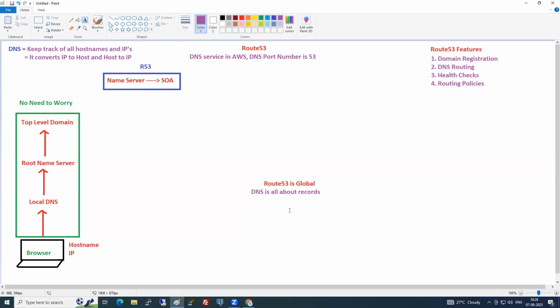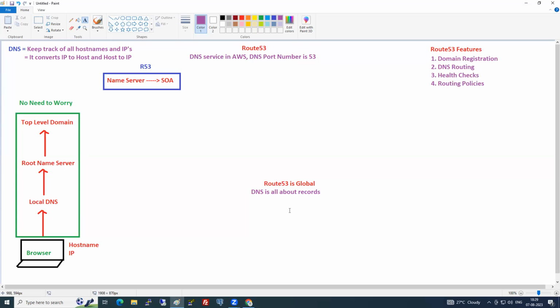In Route 53, the first thing that you have to create is a hosted zone. What is that? As I said, in EC2 you create EC2 instances, in S3 you create buckets. Similarly, in Route 53, what do you create? Hosted zone. What is a bucket? A bucket is a container of objects. Whereas in Route 53, we create a hosted zone. What does the hosted zone contain? Records. So a hosted zone is a container of records.